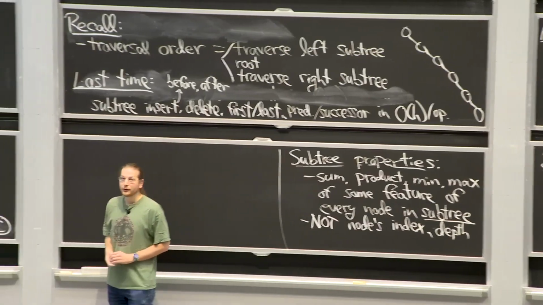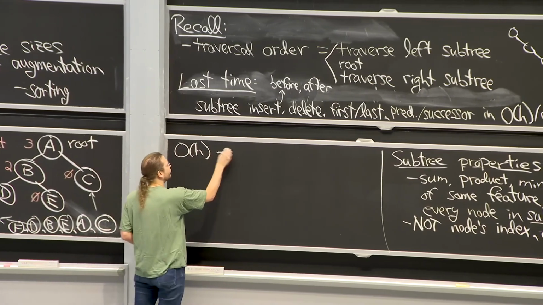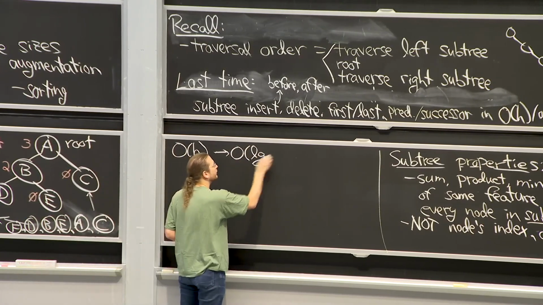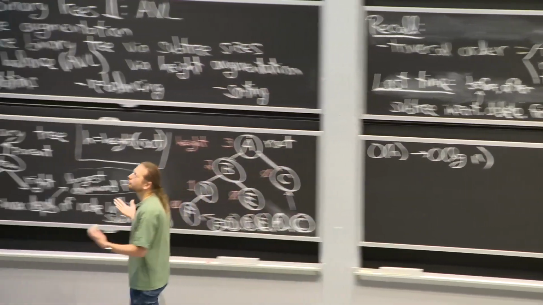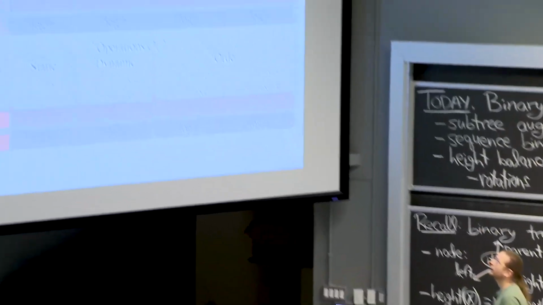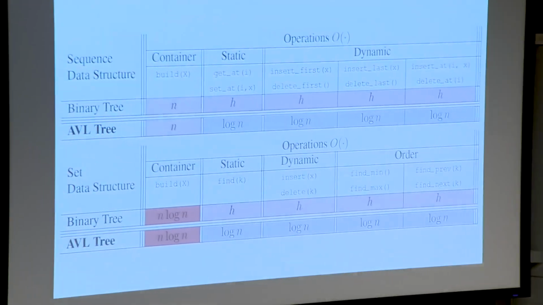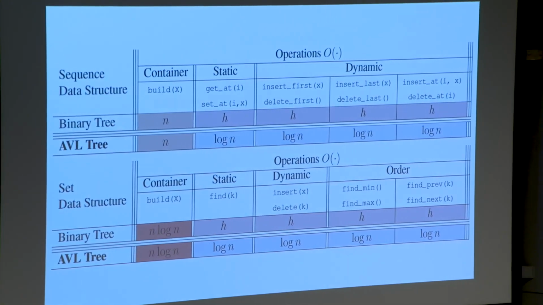Okay, the rest of today is about going from order h to order log n, which is what this slide is showing us. So at this point, you should believe that we can do all of the sequence data structure operations in order h time, except for build and iterate, which take linear time, and that we can do all of the set operations in order h time, except build and iterate, which take n log n and n respectively. And our goal is to now bound